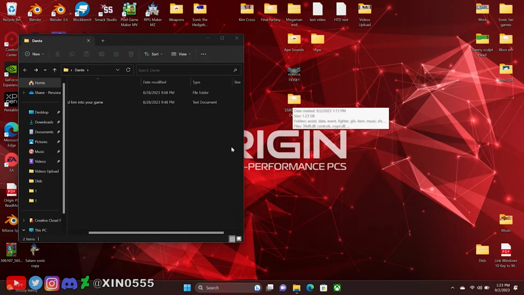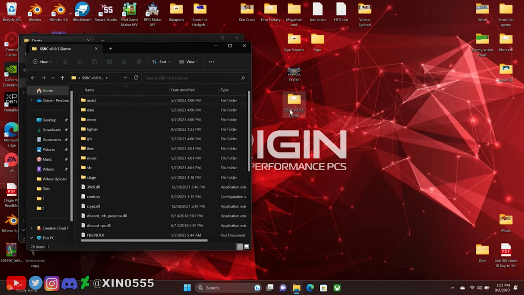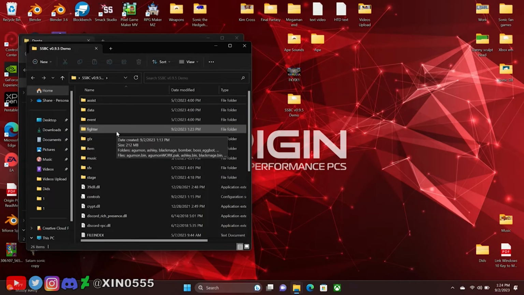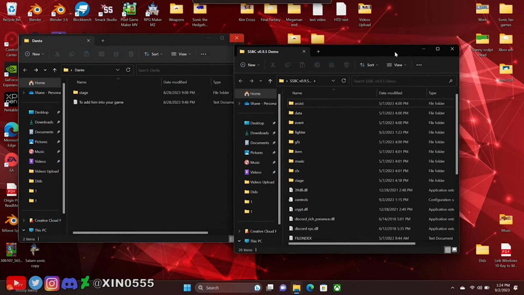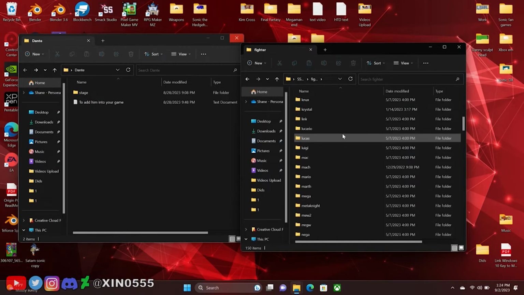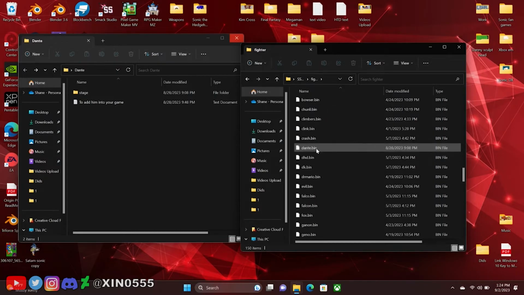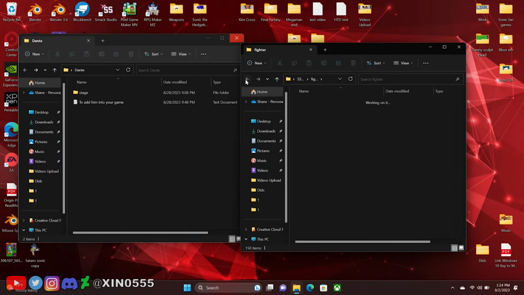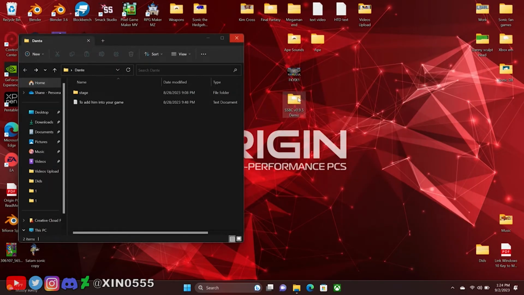And what's cool about this, and I actually didn't know this, is if you have folders that are named the same in another folder, like this folder has the fighters folder, data, all the stuff that was in that, it'll just add the individual files from those folders into these folders. I did not know computers could do that. So now if we open up fighters and we go all the way down, too far down, where are the D's? We have Dante in there, so we know Dante's in there. So that's pretty much the first step. Very easy. You just take those folders and you just drop it in the root of this,